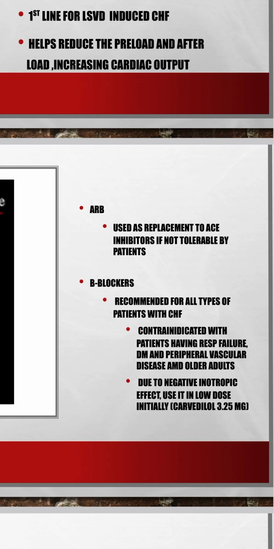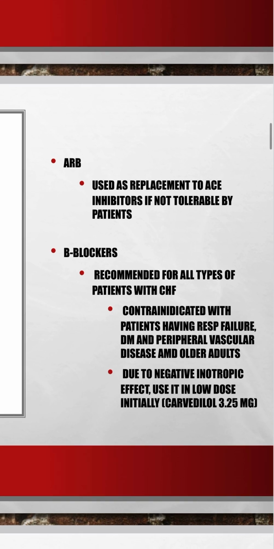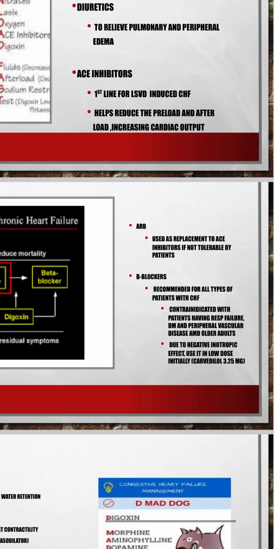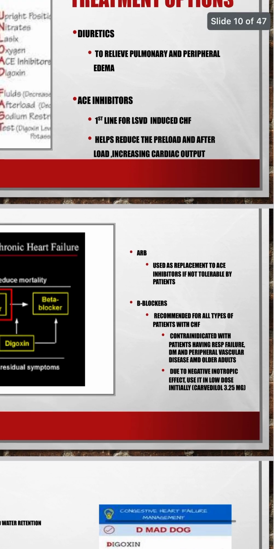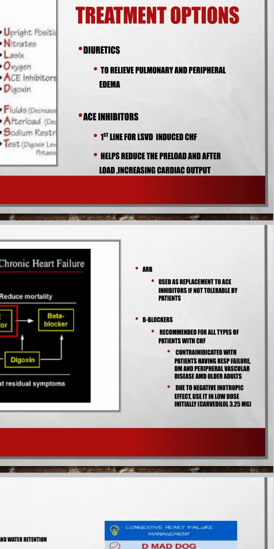Now if there is a concerning symptom, like there is chest pain due to the overworking of the heart to compensate, then usually beta blockers are being recommended. However, beta blockers are not given to patients with respiratory failure, as it is contraindicated. So if there is a respiratory arrest or there are respiratory symptoms, then beta blockers are not being recommended. So we have to be very, very careful when it comes to advising which treatment options to give for a patient